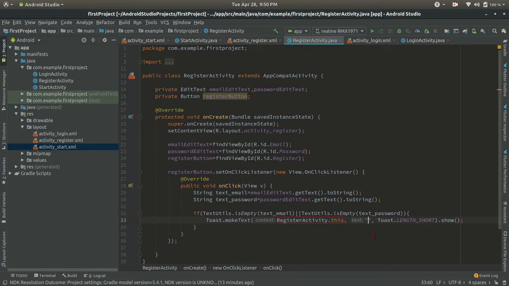If the if block is true, then we will give empty credential.